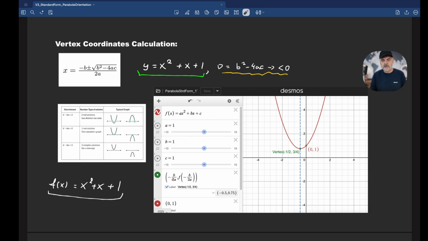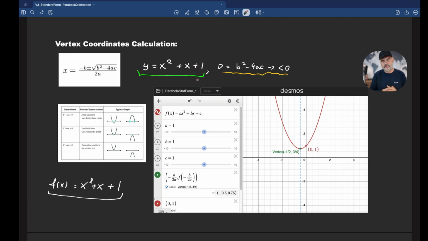The axis of symmetry coincides with the x coordinate of the vertex. That's an important key. This parabola opens up. The vertex is the lowest point, so this is the local minimum of the function, and the y-intercept is directly found from that